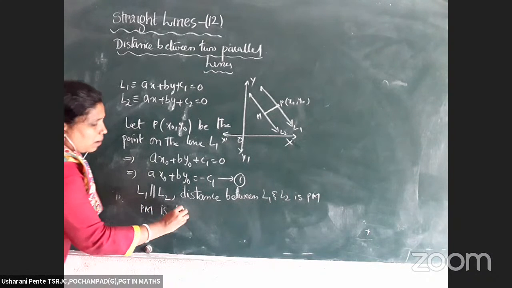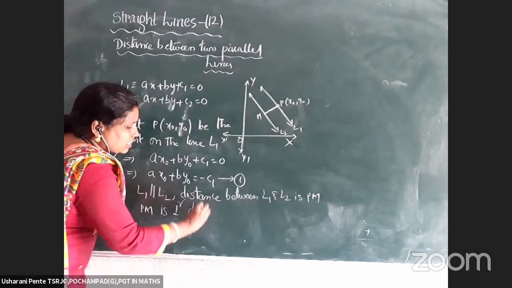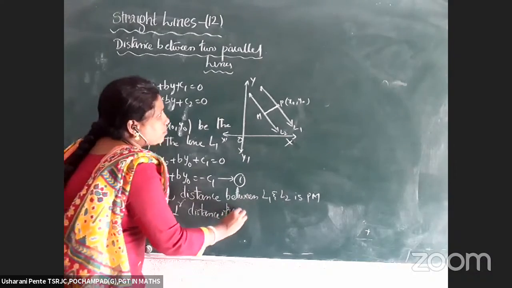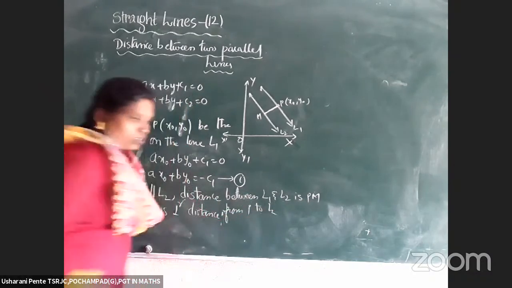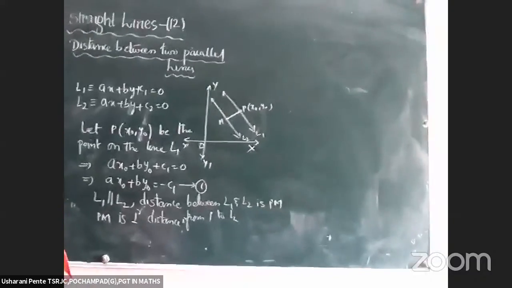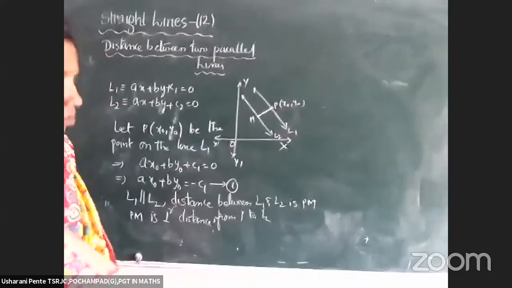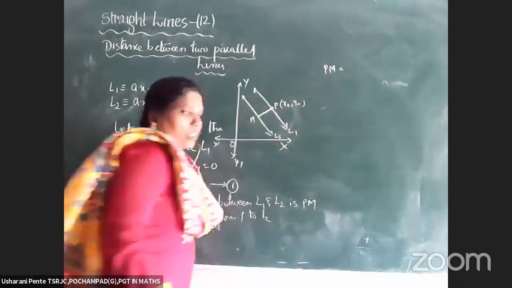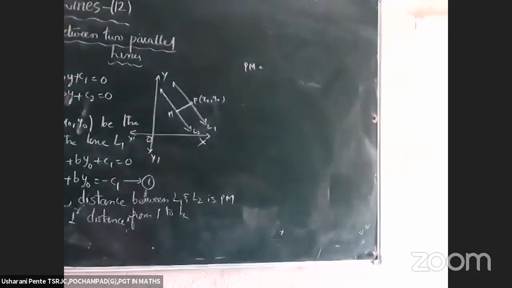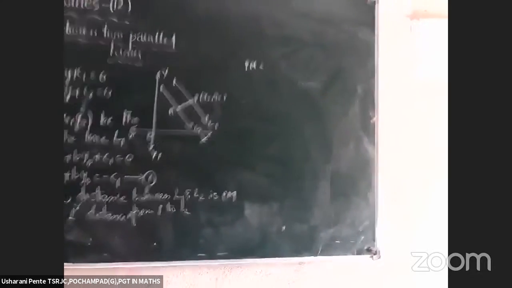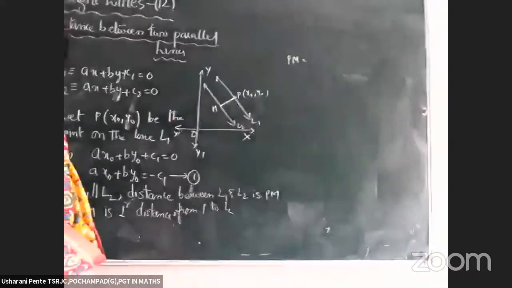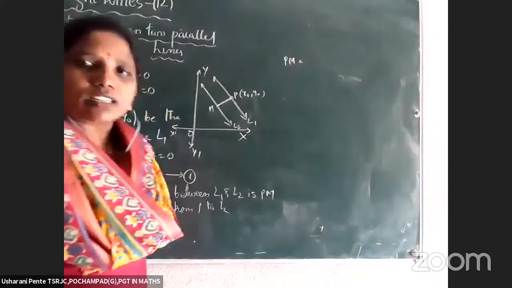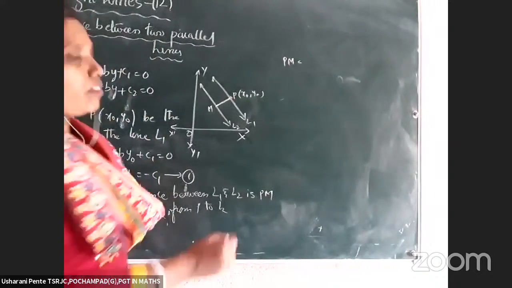PM is the perpendicular distance from P to L2. Therefore, we can write PM is equal to what? We know the perpendicular distance is given by